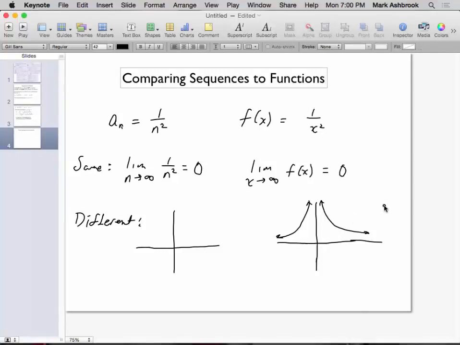So now what does the graph of 1 over n squared look like? Yeah, and what would the first point be? Whatever your first n value was. And what is the first n value? Yeah, so 1. So the ordered pair would be